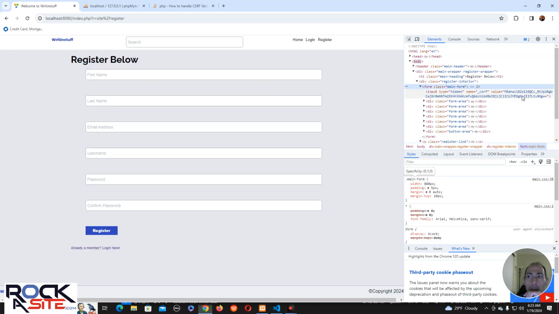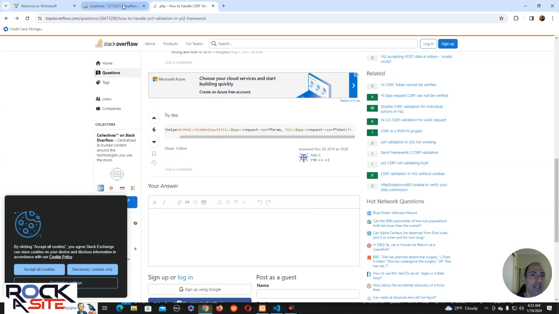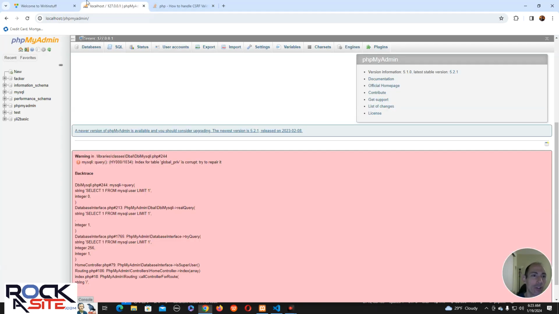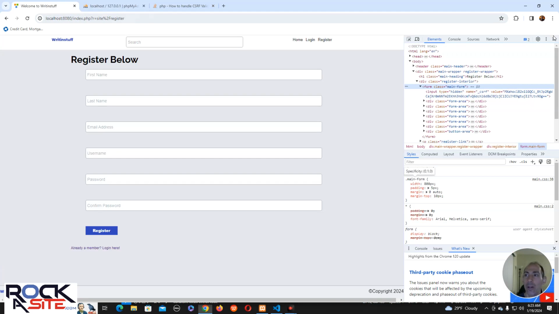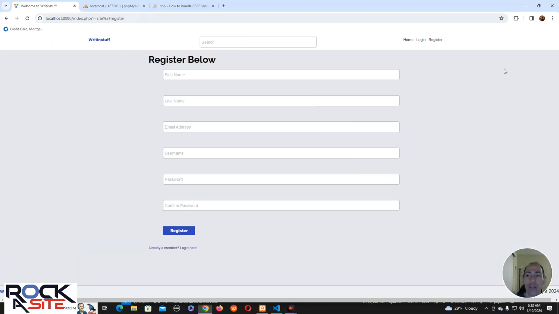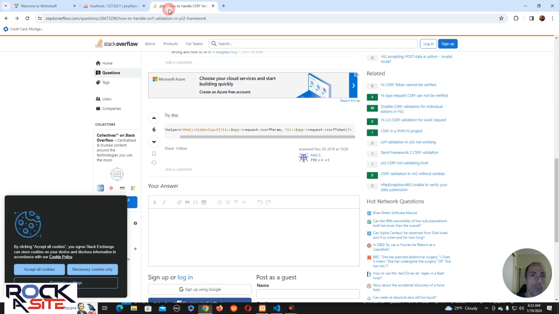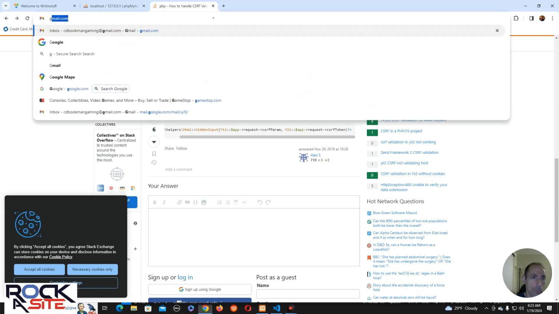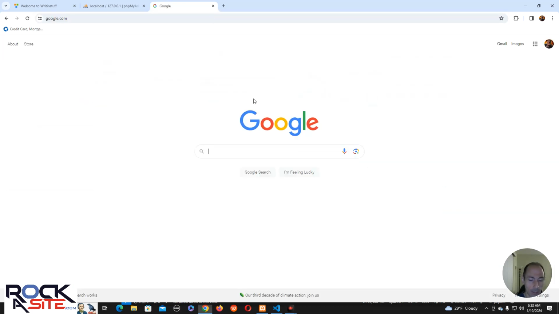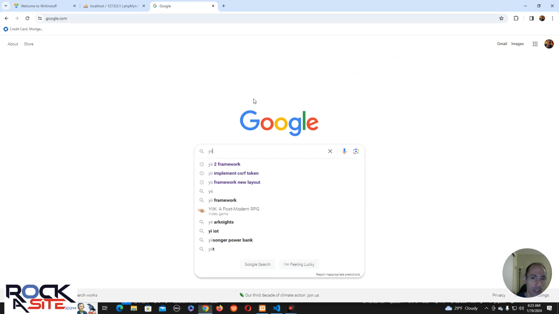I do have to admit that does work a lot better than CodeIgniter. All right, so we got the CSRF thing going on. Now that's one element, but at this point, I still want to do some more with these, but we'll get to that later. At this point, we have to figure out how to put in a new member. So let's do that. Let's go to Yii. We've pretty much seen it, but I just want to see